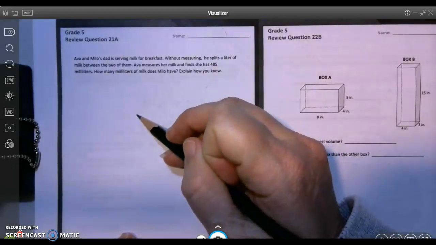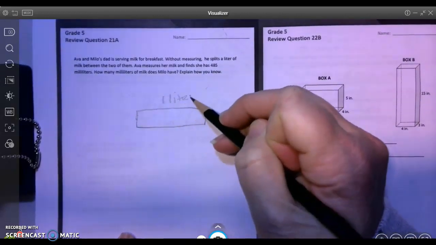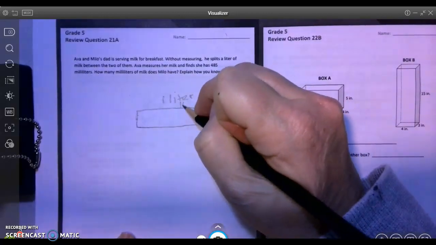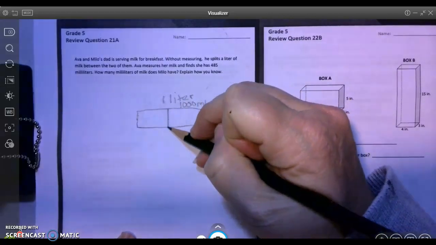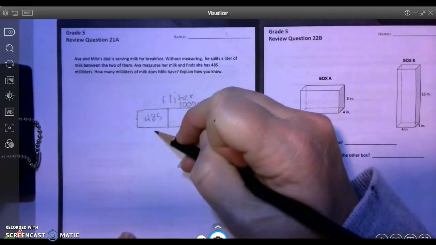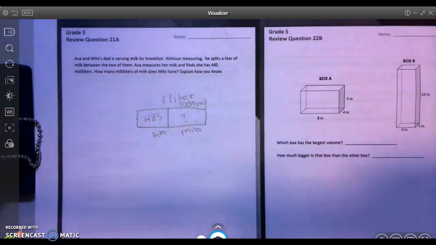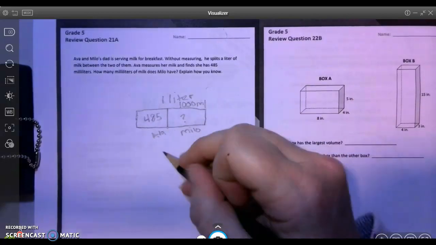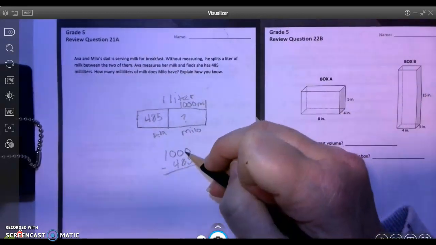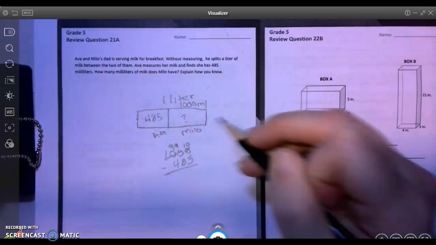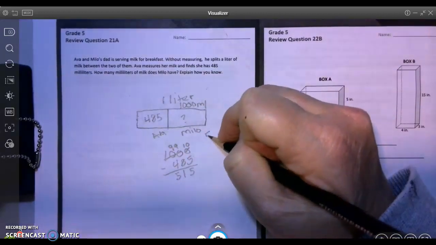Well, we can know that they started with 1 liter. And we know that in 1 liter there's 1,000 milliliters, right? So if we know Ava had 485, how could we find out what Milo has? Couldn't we do 1,000 minus 485? Right? Wouldn't Milo have gotten 515